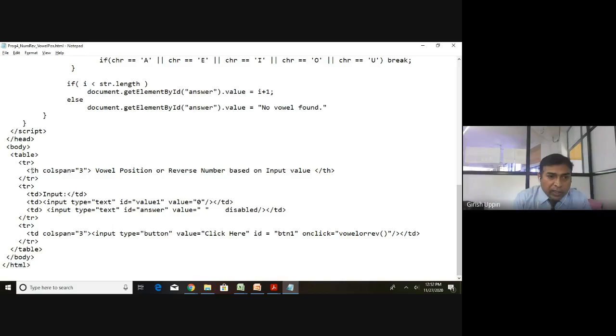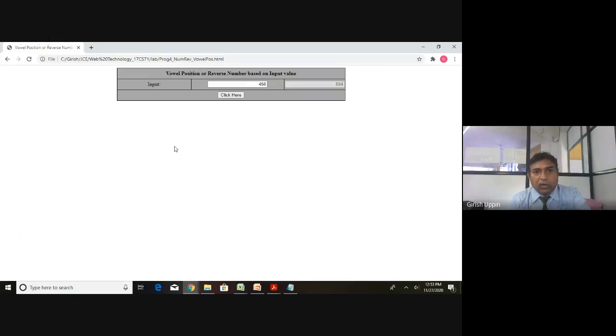So th, as you already know, is a header. colspan is the column span attribute. You are saying 3, so it will span 3 columns. This is the closing tag for the th, and it is inside the tr. This is the closing tr. This is the starting of the second row. So that is how the first row is displayed. Clear?